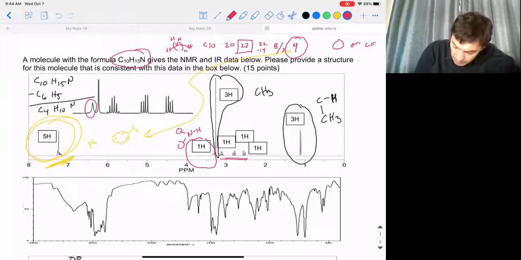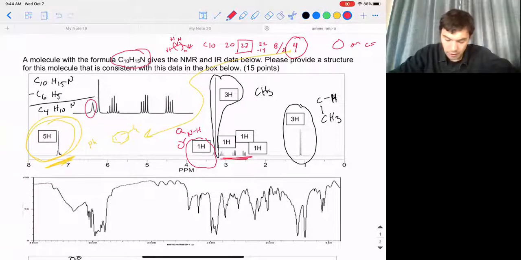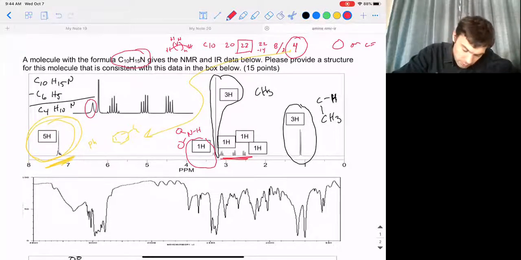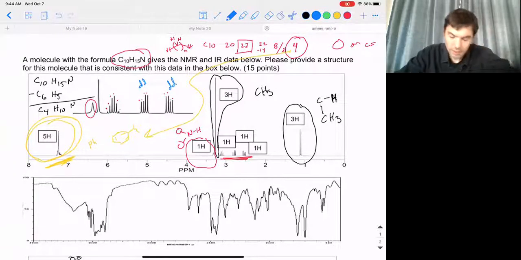And then we have a lot of gobbledygook. And that gobbledygook, if we look at the expansion here, is going to be a complicated splitting pattern. But this pattern over here is one that we've seen before, or at least hopefully you've seen before. These are going to be doublets of doublets. And those doublets of doublets look like they're coupled to each other. And so what I mean by that is this distance looks like it's this distance, and they both have roughly the same kind of difference in heights there. And so those are going to be a CH2 unit